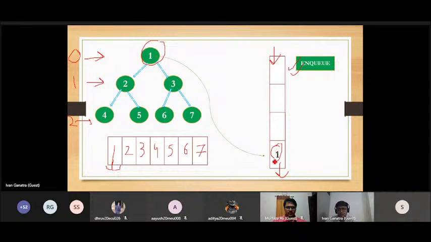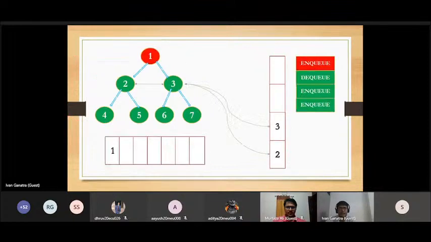उसको डी क्यू करवा दिया यहाँ से, राइट, एंड उसकी वैल्यू हमने यहाँ पे प्रिंट करवा दी। सो सबसे पहला ऑपरेशन हमारा यही होगा, हम सबसे पहले 1 को प्रिंट करवा देंगे एंड देन हमको डालने पड़ेंगे उसके लेफ्ट सब ट्री एंड राइट सब ट्री को। लेफ्ट एंड राइट सब ट्री को हमको क्यू के अंदर डालना पड़ेगा, एंड इसकी मेथड क्या होगी कि सबसे पहले हमको 1 प्रिंट करवाना था, फिर 2 और 3 प्रिंट करवाना था, एंड क्यूज